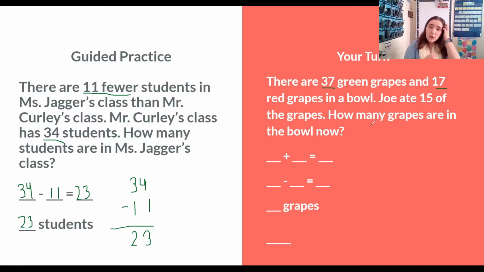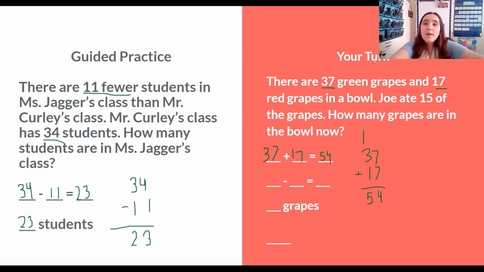Okay, so first we have to find out how many grapes are there in the bowl. There are 37 green and 17 red. We need to add those together to find out how many there are in all in the bowl. 37 plus 17. I'm going to stack those up. So 7 plus 7 is 14. That is 4 ones, and I'm regrouping my 10. Now I have 1 ten plus 3 tens plus 1 ten. That is 5 tens. So there are 54 grapes in the bowl in all,